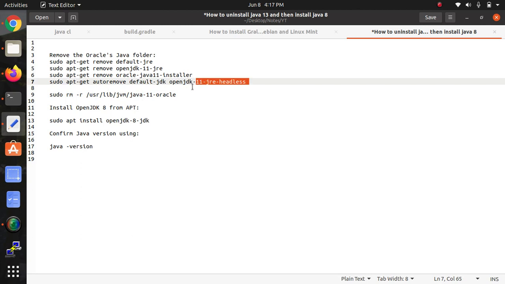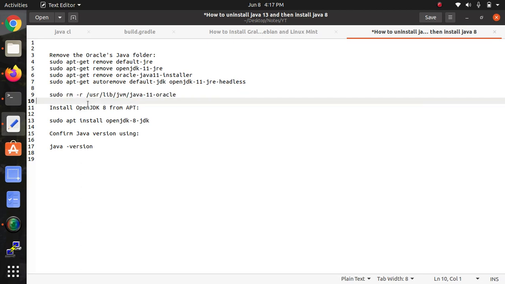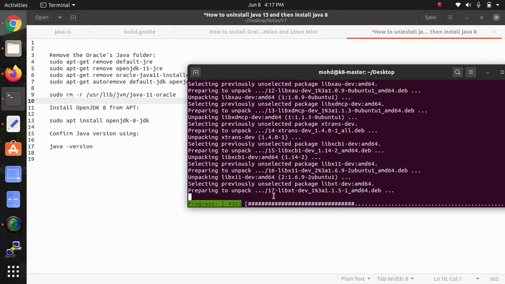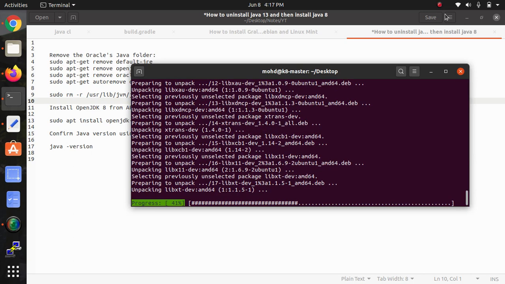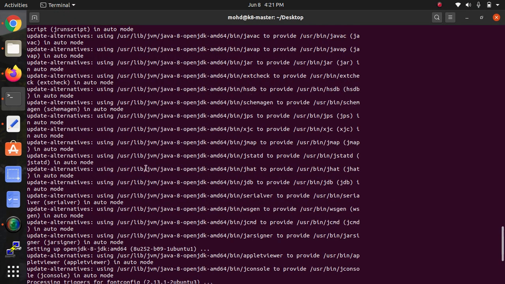Just type that command and it will show us. To remove a particular folder inside that one, this is the command. It may take some time to complete, so wait a few minutes.